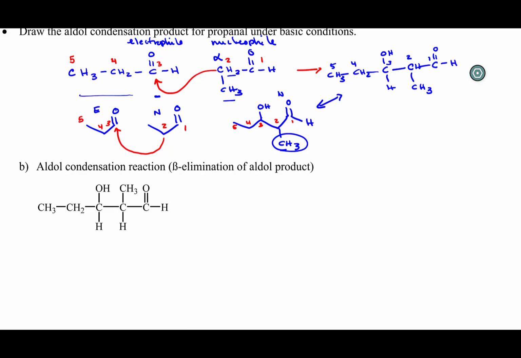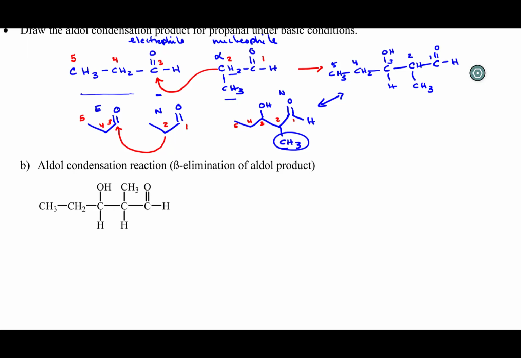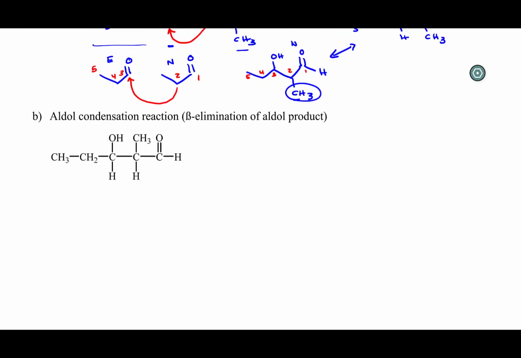Okay, so let's look at our next reaction, which is called the Aldol Condensation reaction. And really the Aldol Condensation reaction is just a continuation of the aldol reaction. Now these reactions are typically done under basic conditions. So I have sodium hydroxide, and the sodium hydroxide grabs the hydrogen and it releases the hydroxide. So this is a catalytic reaction. The OH helps to facilitate this reaction, and so I end up with a double bond. This is a beta elimination,